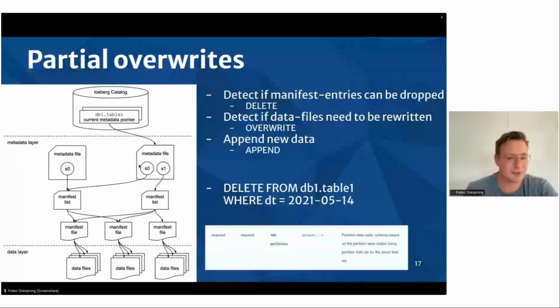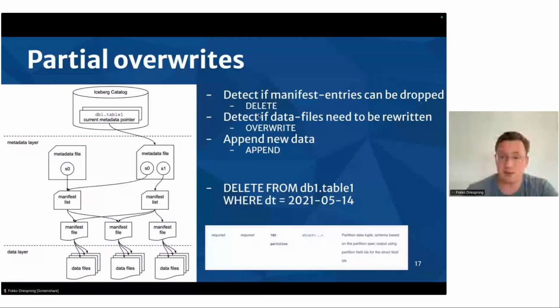You look at the snapshots. In this case, we're interested in the newest one. We look at the manifest list, and here we can already evaluate if something that we're trying to delete is in one of the manifest files. If it's not in there, we can just copy the manifest files because it's data that we want to keep. If there's relevant data in there, we go to the manifest file and first check, without checking the data files, if we can drop the whole file. If this is the case, we accumulate these deletes into a delete operation.